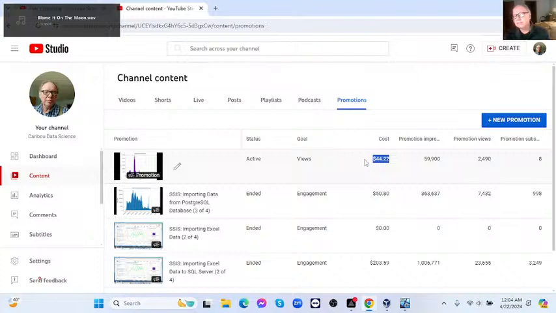I've got $6 left of my money. I've had 59,900 impressions. Of that, that's 2,490 views and eight subscriptions. But what's more interesting is the dashboard